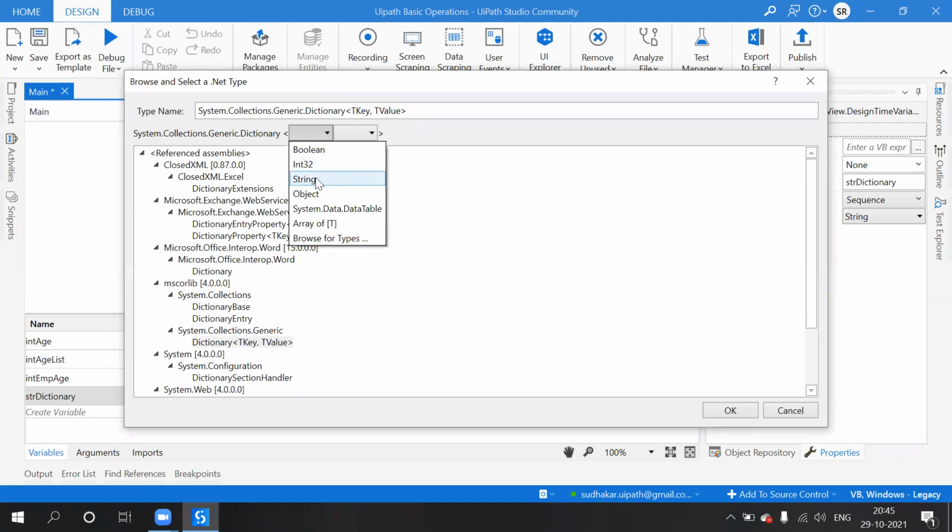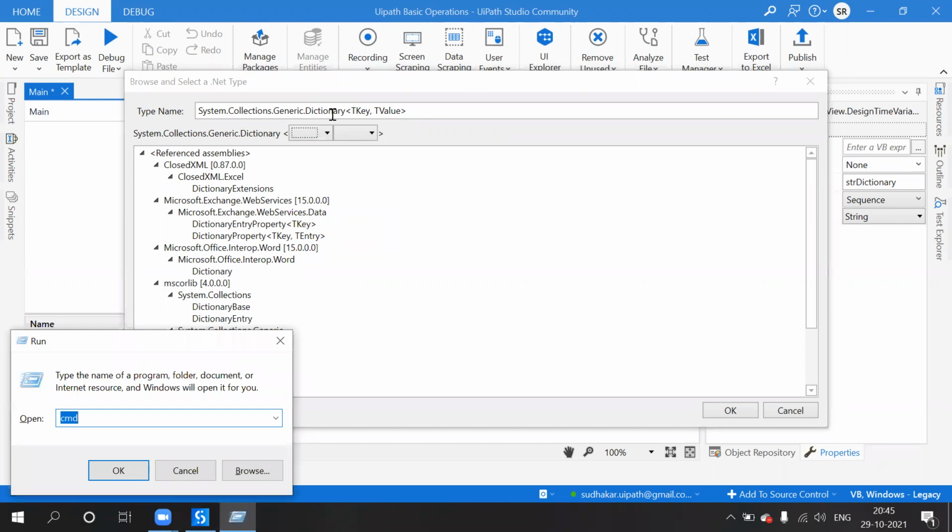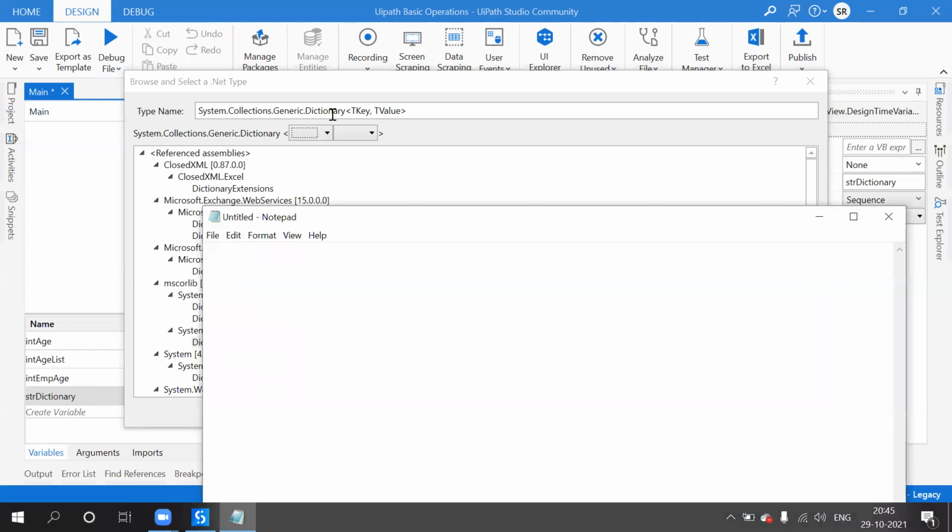TKey means a dictionary holds values in the format of key and value pairs. There will be a key and a corresponding value to that key. So it should be in the form of key-value pairs.